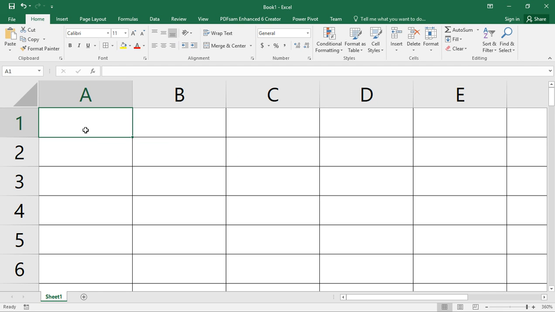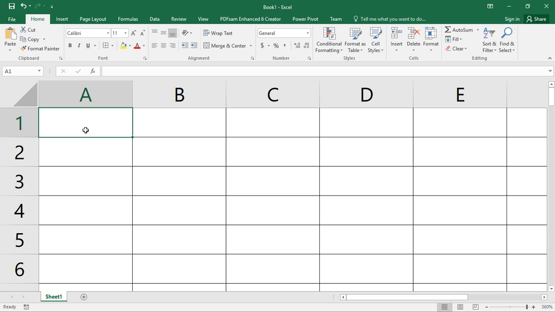Right, so the if function is a formula that is used in Excel to make decisions based on certain conditions.